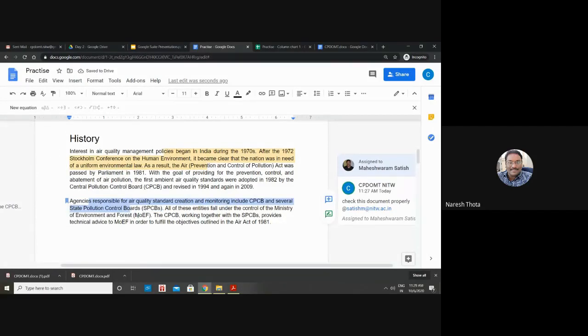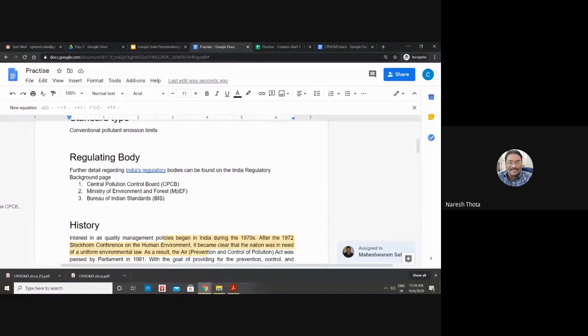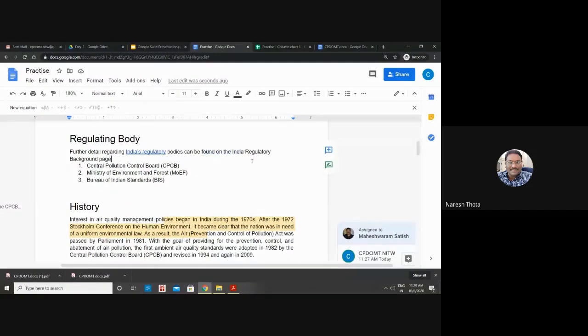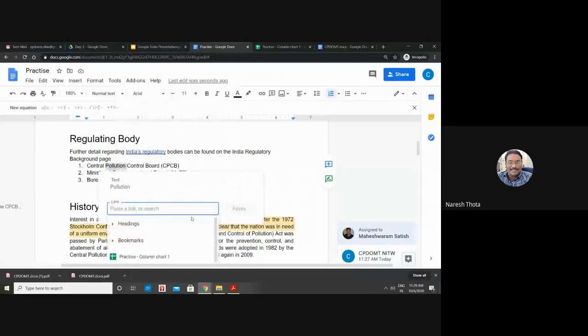So earlier I linked India's regulatory to one of the passages. Now let's say I want to link central pollution to this document. Now, instead of only headings, I also get bookmarks. Earlier, I did not save any bookmarks, so this was not coming.